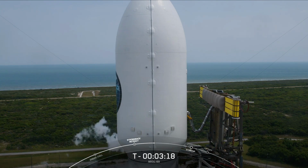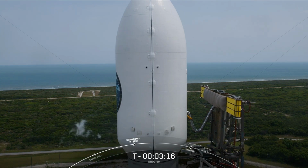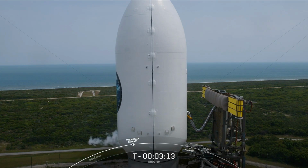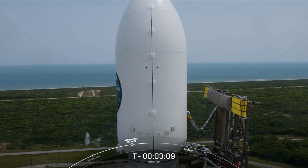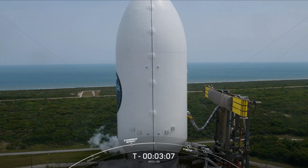Both the first and second stages are nearly fully loaded with 1 million pounds of rocket-grade kerosene fuel and liquid oxygen. Both stages should finish propellant loading about a minute apart from each other, with the first stage finishing up at the T-minus 3-minute mark and the second stage finishing at around the T-minus 2-minute